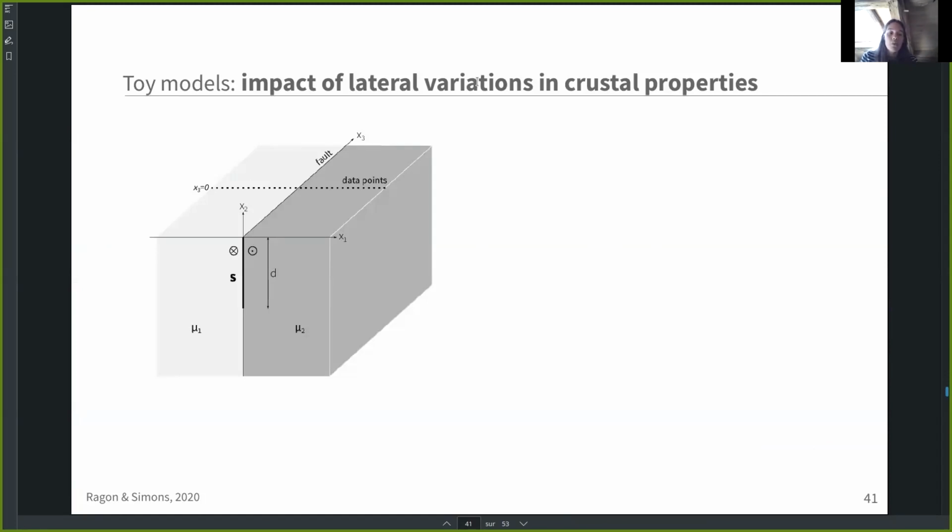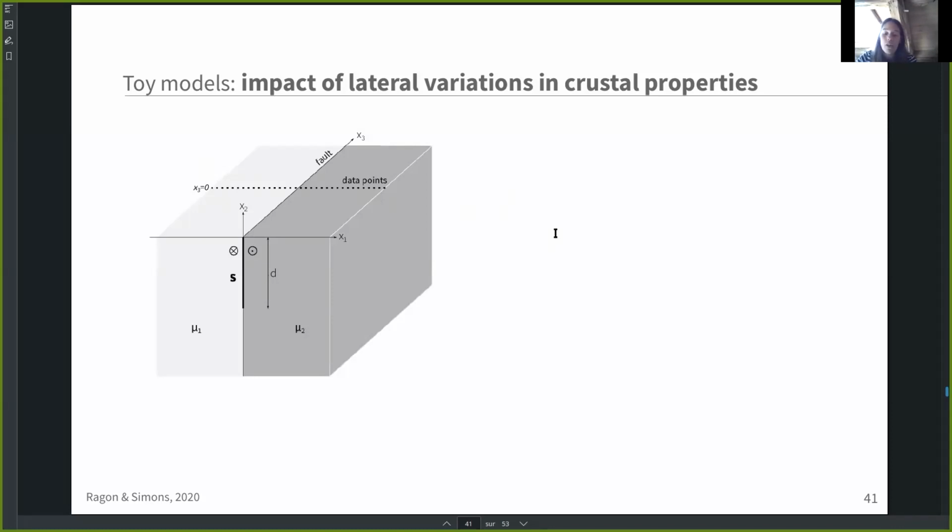To validate this methodology, we start by using very, very simple toy models. That toy model you can see here. So we look at infinitely long faults. So this is here. On this fault, there is a very simple dislocation that is uniform. We'll consider a dislocation of 10 meters, and you have a perpendicular profile with a lot of data points on it. So all of the toy models we investigate here, we have tried to solve them analytically, just for simplicity and because it is way faster than designing